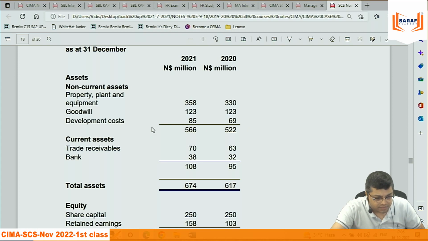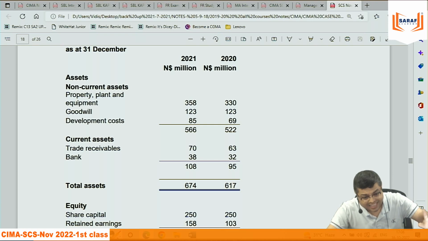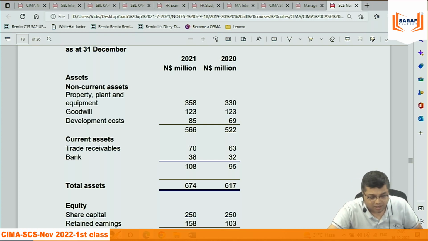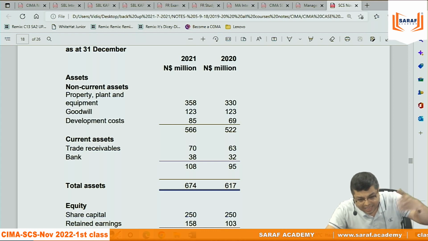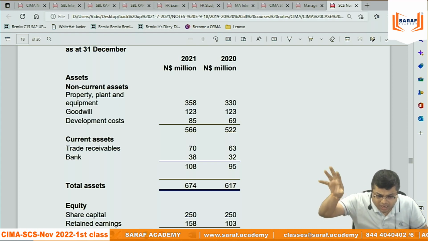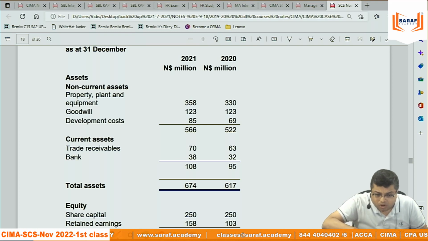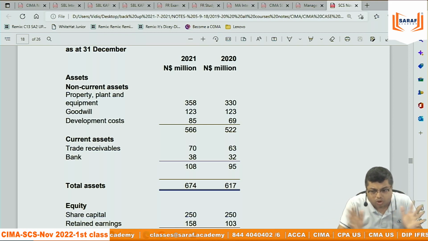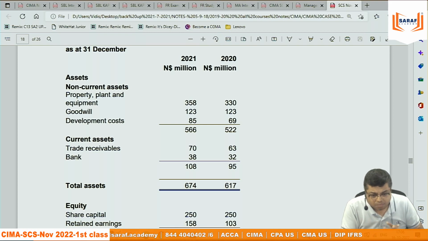Development cost. What is development cost? R&D. Research costs are charged to the P&L account and development expenditures are capitalized. This is a business where R&D is a must. We have a separate R&D department under the director COO, who looks after research and development, and we have been able to develop this boiler and the pump with our research only. So definitely we always focus on research, development, customer complaints, customer feedback, and want to incorporate that. But if the research is there, there is no sure benefit, then that is charged to profit and loss account. But if we do development,